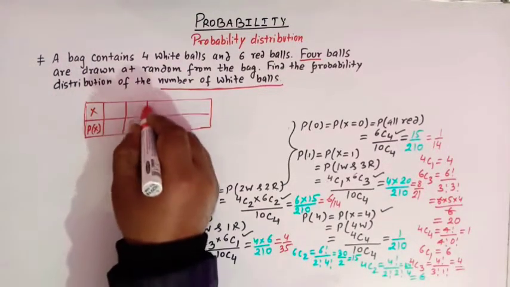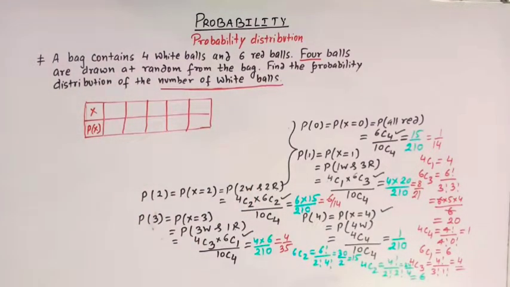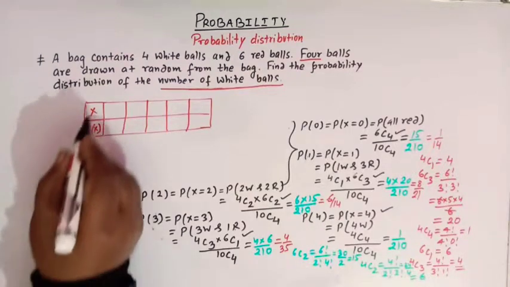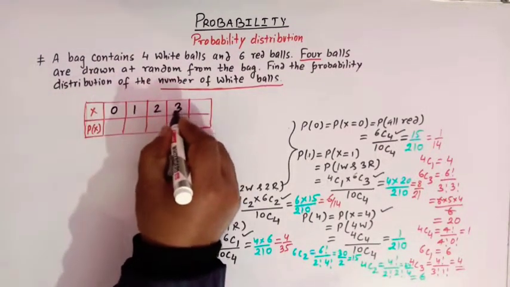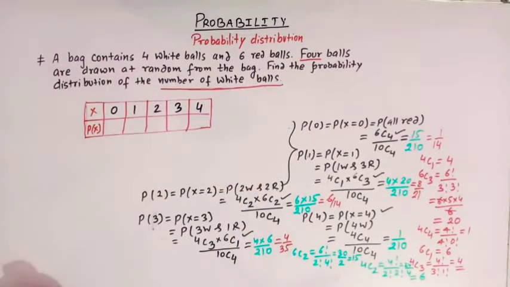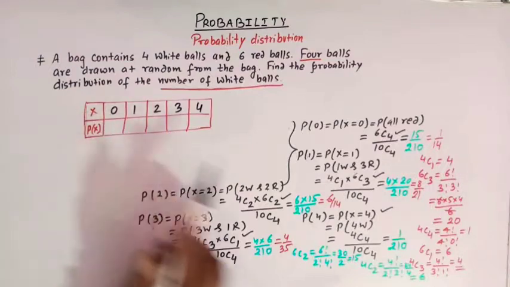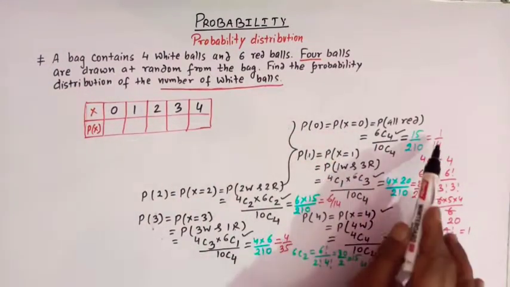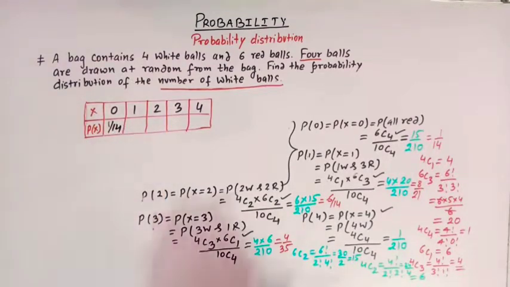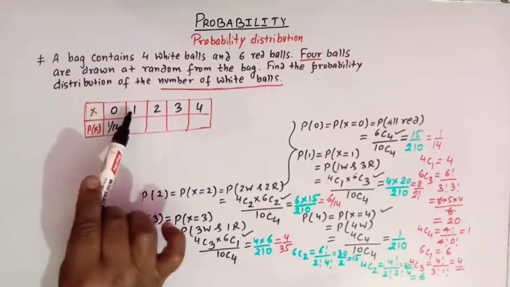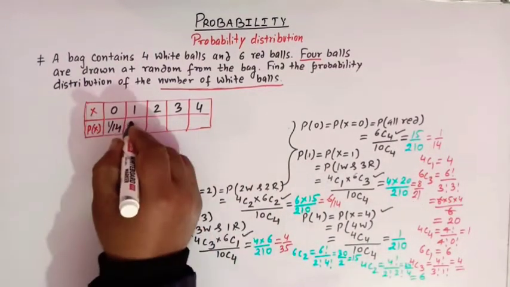And here we have 5 values, and X has the values 0, 1, 2, 3 and 4, right? And the probabilities corresponding to X is equal to 0 is 1 over 14. So here we have 1 over 14, and the probability corresponding to X is equal to 1 is 8 over